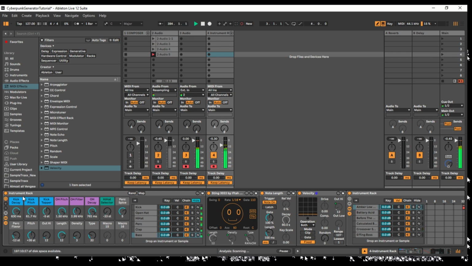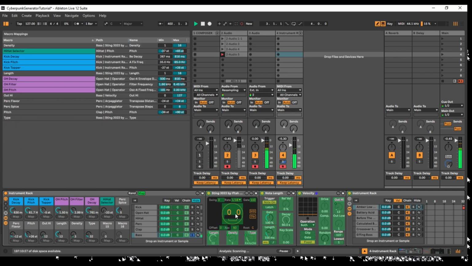Oh yeah, one more thing. It's kind of weird with this thing. You have to change the loop by clicking this guy. I'll just show you. It's interesting. When you click him, it changes the loop. But when you try to map that, it is mappable. I'm going to map it to the density knob because it seems like